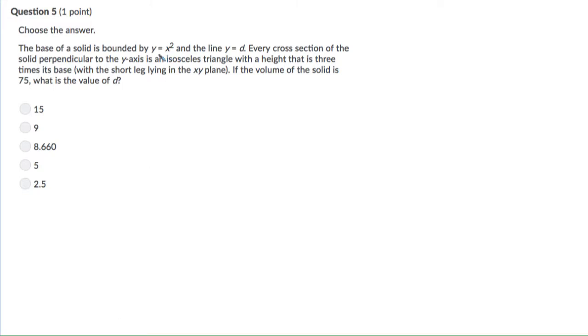Let's write down what we know from the problem. We have y equals x squared and y equals d. So our graph essentially looks like this. Since we're going to go down here, y equals x squared, it's a parabola, and y equals d, that's a